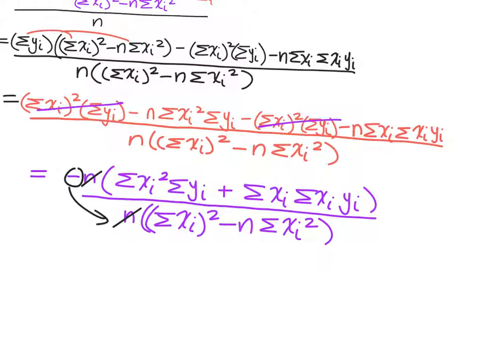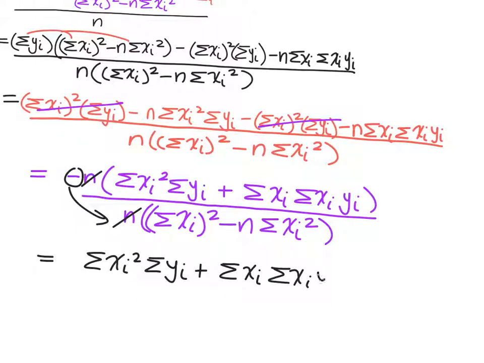But I could associate the negative with the bottom and make it the sum of x sub i squared, sum of y sub i, plus the sum of x sub i, sum of x sub i y sub i, over n times the sum of x sub i squared minus,